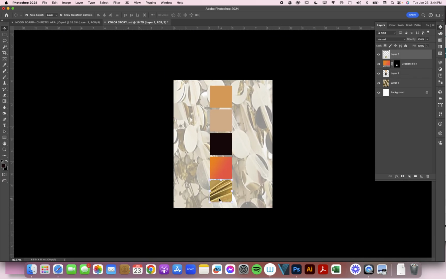There you go. And you're not really sure, oh no, it's a little off. Use your arrows, look. It moves in very, very tiny spaces. Okay? Now, I'm like, oh, I don't like how it is in the page. I want to move it a little bit to the right. I click on my layer,